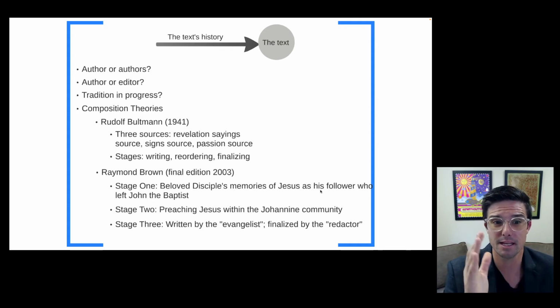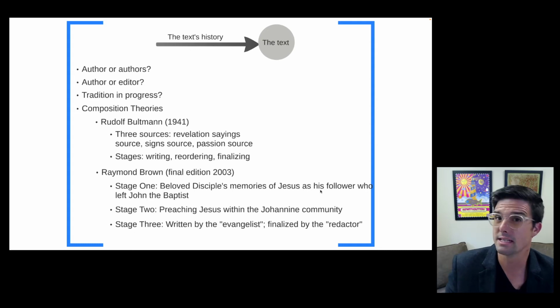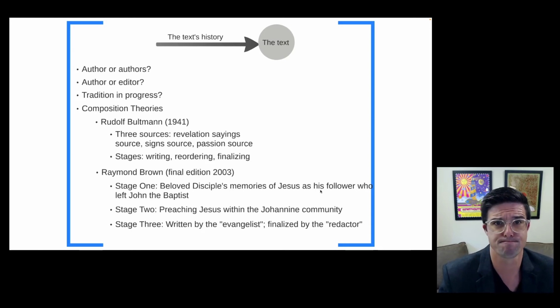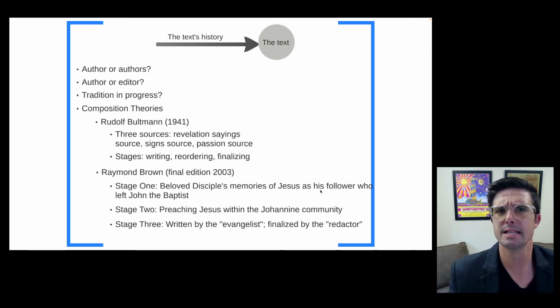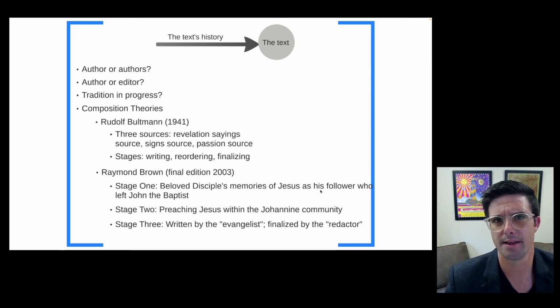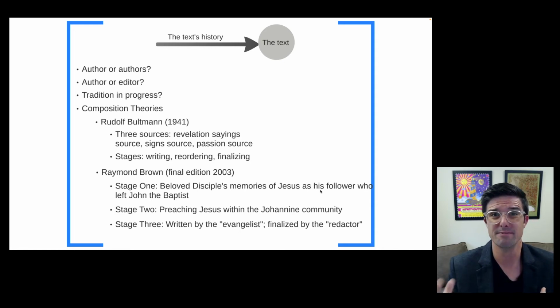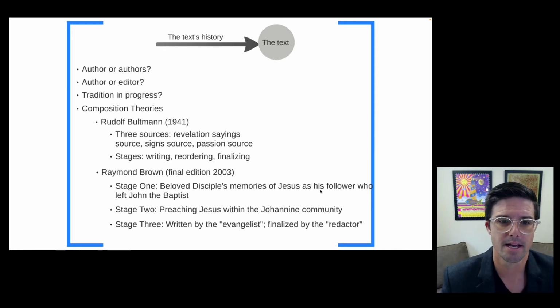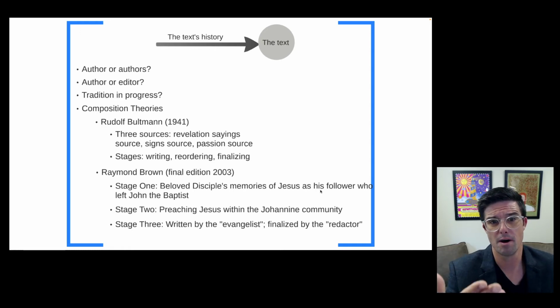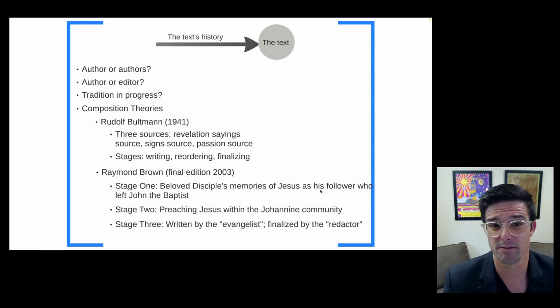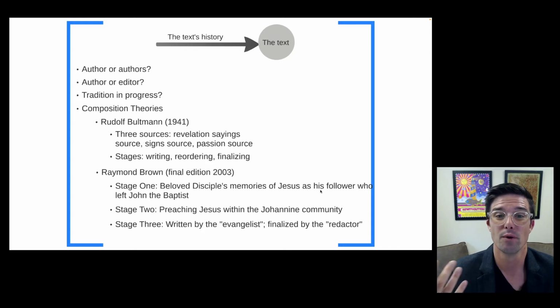And it continued to be even down to this next composition theory, which is now probably, for those who continue to do this diachronic work, Raymond Brown's theory, which tends to be the favored diachronic theory at this point, and it uses a lot of the same ideas that Bultmann's does, but advances it in different kinds of ways. And I note here that Rudolf Bultmann's commentary was published in 1941, so we have 60 years later